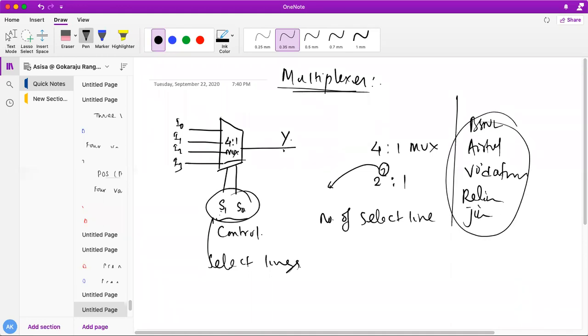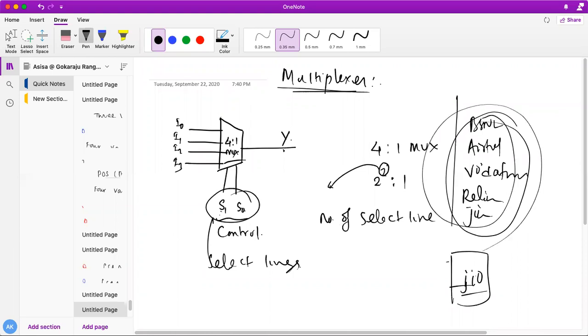Out of this you have a phone with you and, let's say, your Jio. So who will choose this out of these many inputs? These are all available with us. Who will do it here? I only need my Jio, my tower is Jio. I need to take this Jio tower. Who will do that? This multiplexer will do that job.